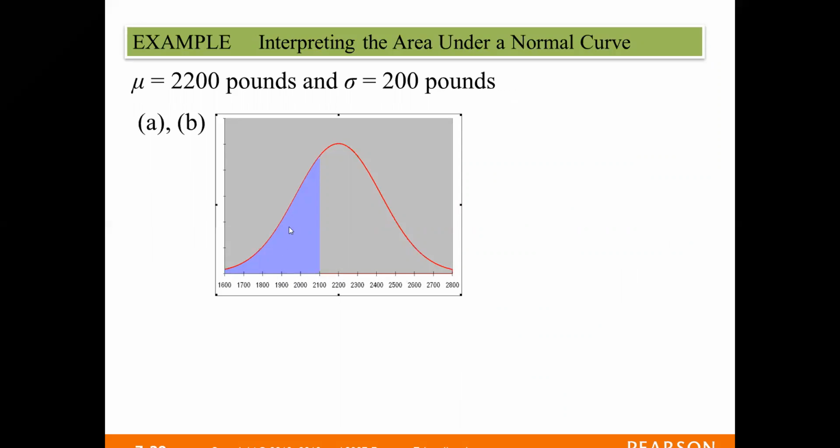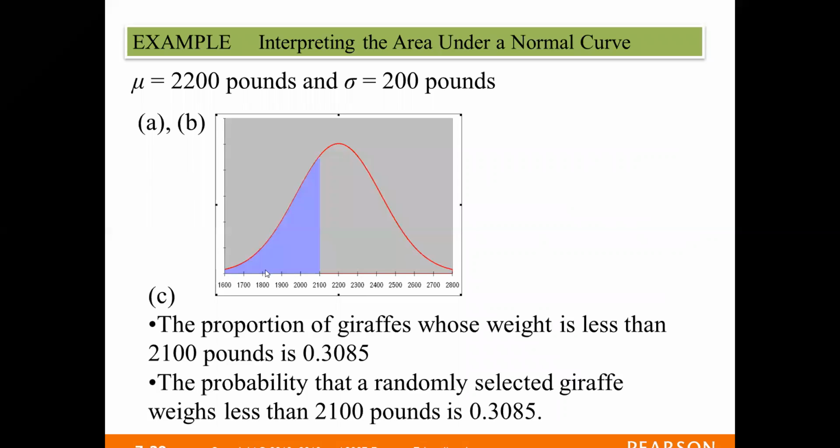But we get this nice bell-shaped curve, and the mean is in the middle of it. Now, if we put on 2,100 and we shade to the left, this would be representing being a weight of 2,100 pounds or less. So if I know that this area is 0.3085, what that tells me then is that